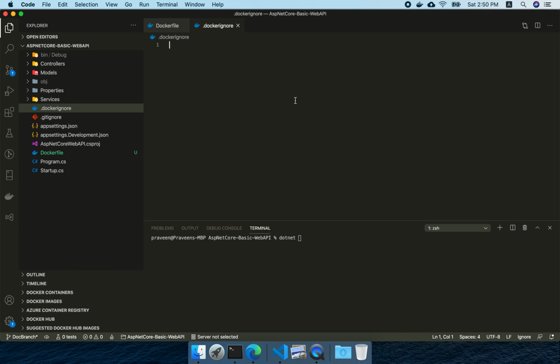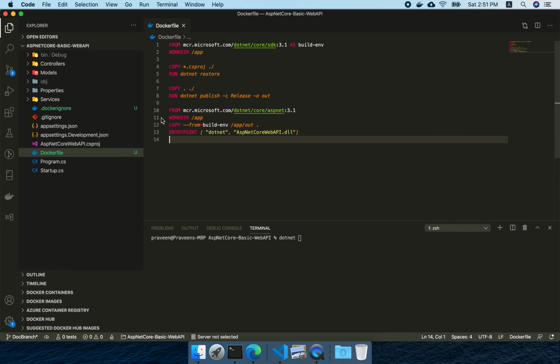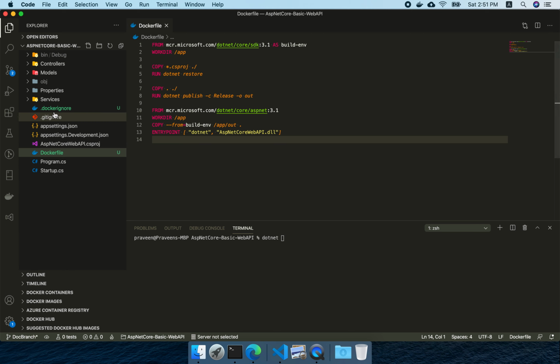This is pretty much the same as what we generally write for our .gitignore. Okay, you have to mention which files you want to ignore when copying. For us, the bin and obj folders are the ones which are not required. That's the reason we have added them here. Okay, now everything is done, and we have the Dockerfile, and we have ignored the folders which are not required.